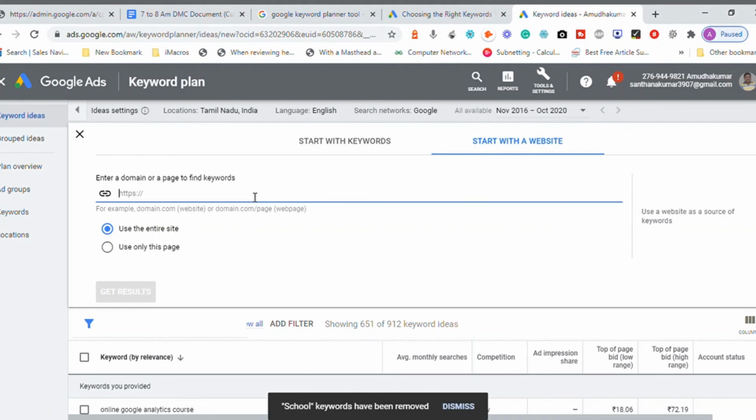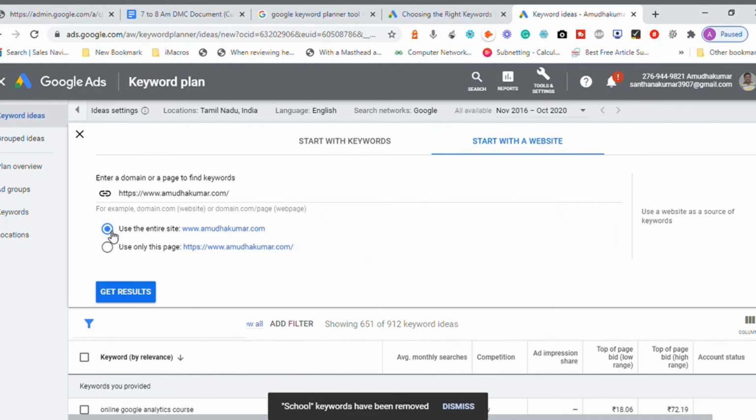See, there are two options. One, you can enter your home page, https://www.amudakumar.com. Now you can use your entire website to analyze and come out with the content, or you can use only the home page. Let me use the whole website and click on get results.